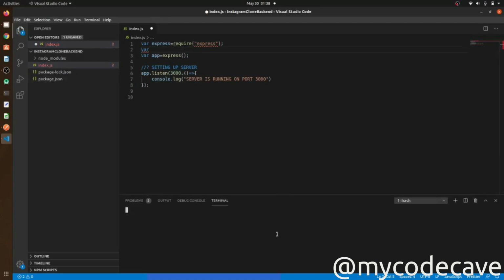For that I have to include one more thing that I haven't included yet, that is sudo npm i body-parser. Sorry, let me check the spelling of body parser.